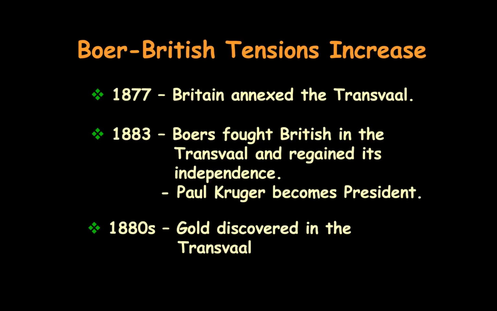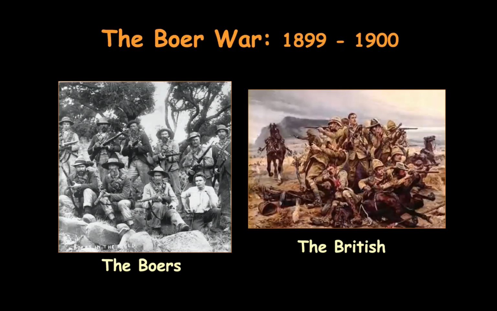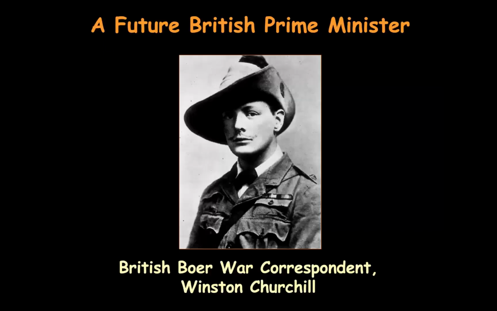In the 1880s, gold is going to be discovered there in that region. So it's not just diamonds, it's also gold. And so the British are going to put a lot more effort into taking it all over, obviously. And so the Boer War, 1899 to 1900, the British send in a ton of troops who will conquer the Boers, who are the Dutch that are still there, and the Zulu, right, to take over, because gold and diamonds are something that the British really like.